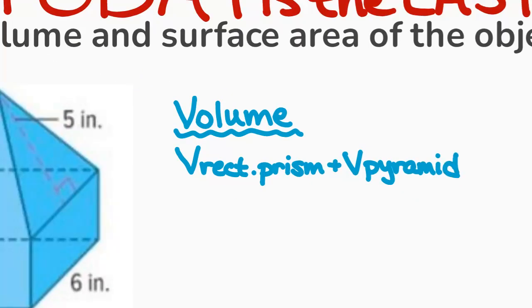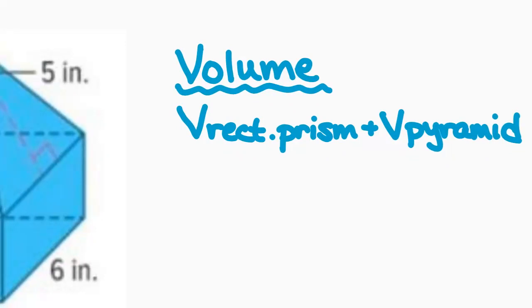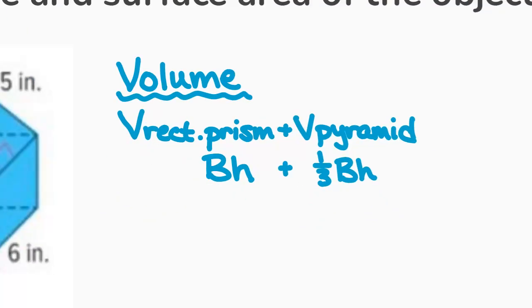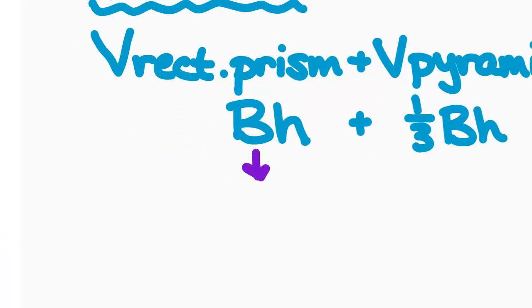How do we find the volume for a prism? Area of the base times the height. What about the volume for a pyramid? 1/3 area of the base times the height. Perfect. I just mentioned a moment ago that our rectangular prism has a square base. I can see that because it's 6 inches and 6 inches for my length and my width. How do you find the area of a square? Side squared. So I have side squared here times the height